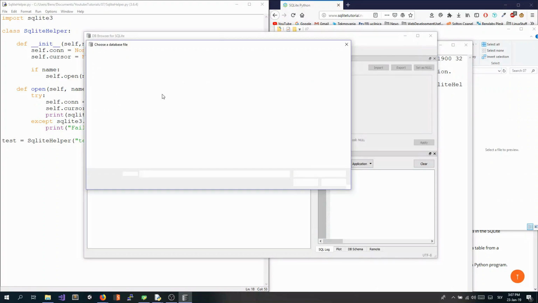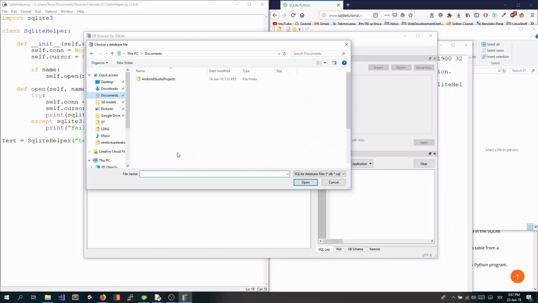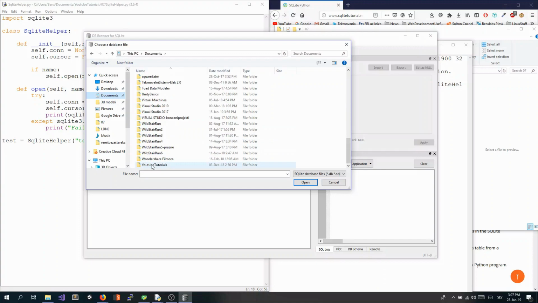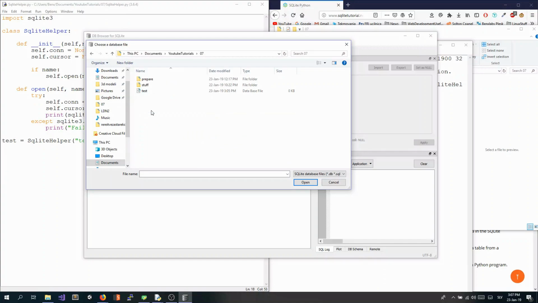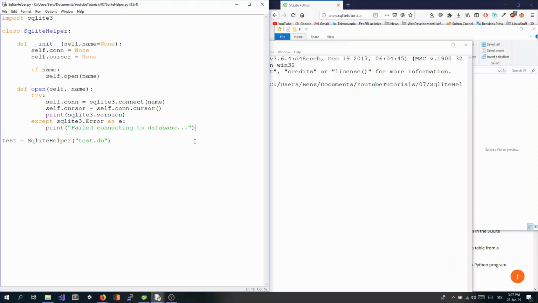Okay, so if I open the database again, you can see that I can create a table right here and then just write column names and check data types and so on. But I want to show you how to create it from the class, because you will probably need that later. So define, let's say, create table,